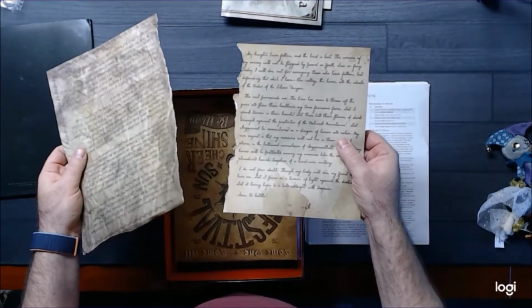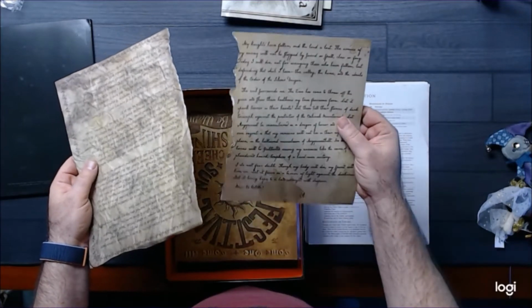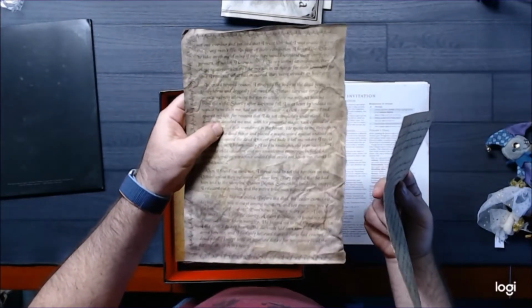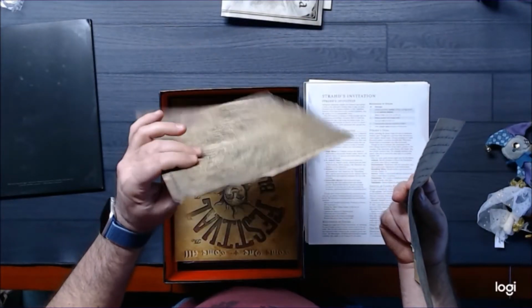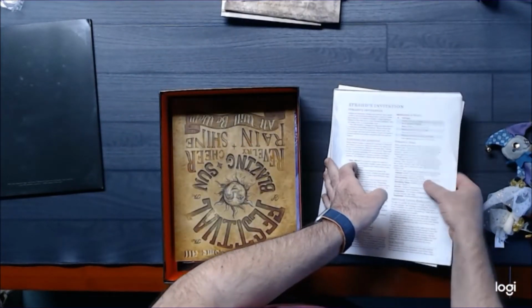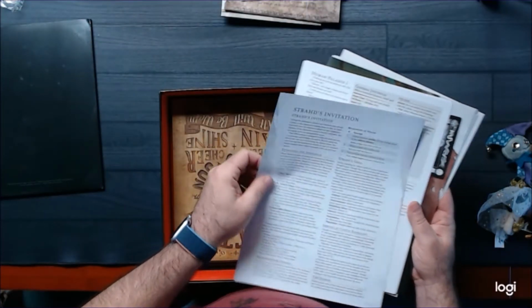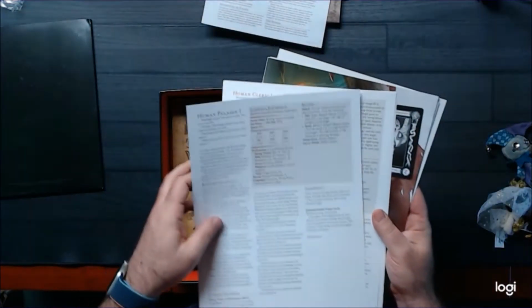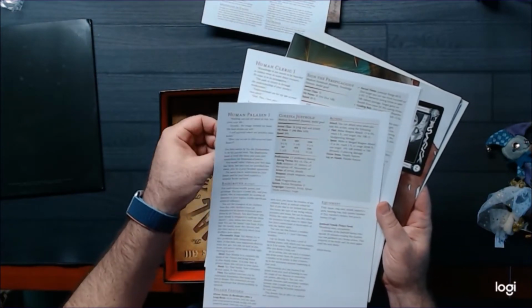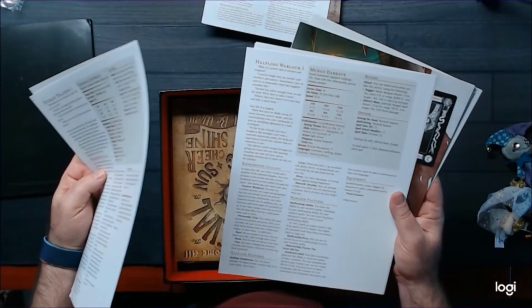More letters, again, different weights of paper. This one is a much thinner, lighter paper, whereas this one is much heavier, and again, appears to have been crumpled and then taken out. Strahd's invitation. There are some pre-made characters here as well. You get a human paladin, Janessa Justhold, human cleric Scion the Perspicacious, halfling warlock Mungo Darkeye,